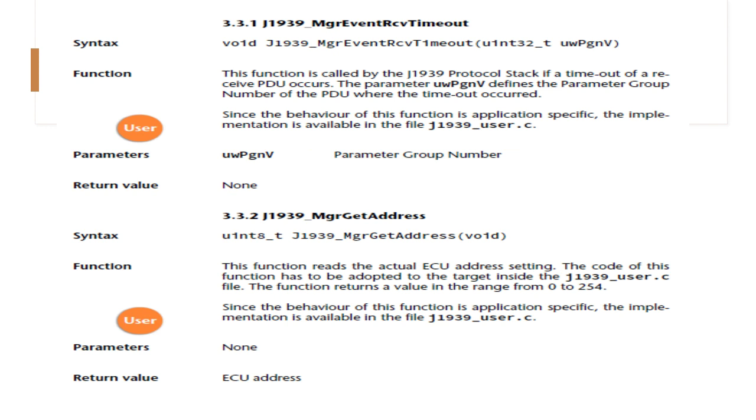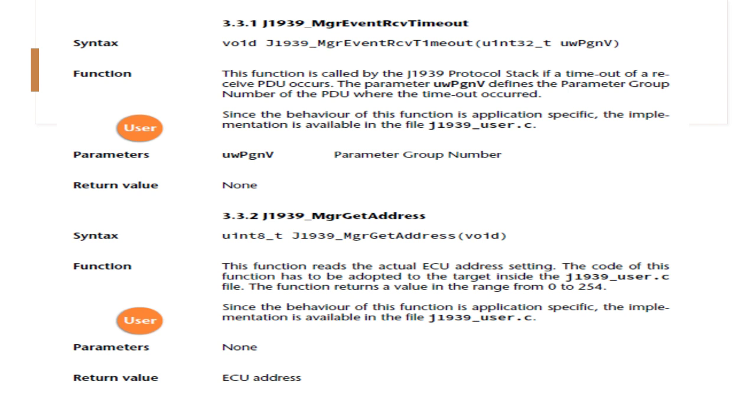Since the behavior of the function is application specific, the implementation is available in J1939 underscore user.c and it takes the parameter uwPGNv. That is why the parameter is of uint32 underscore t data type, and it returns nothing. That is why it is void.